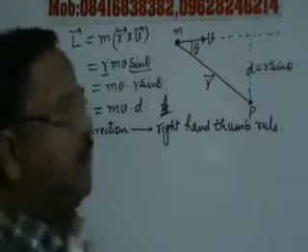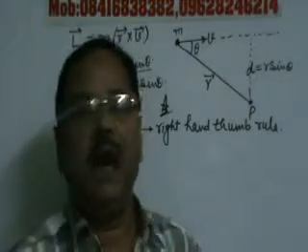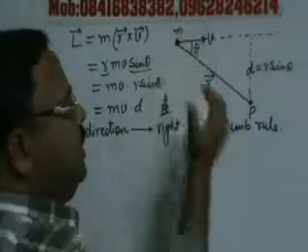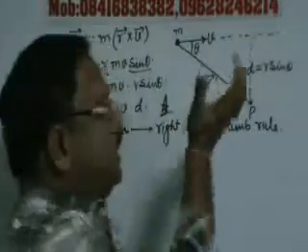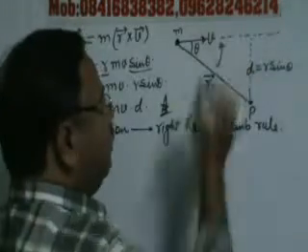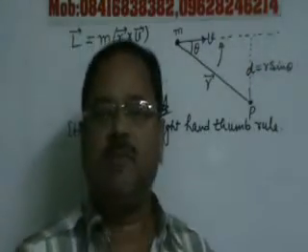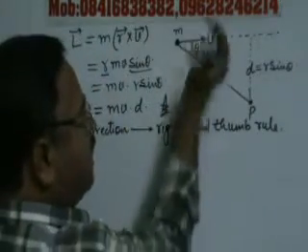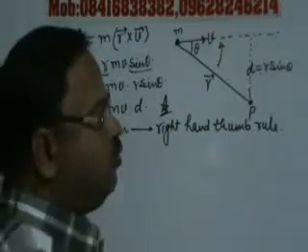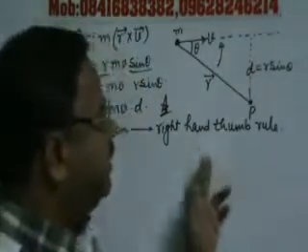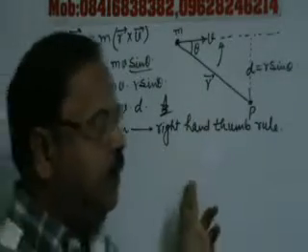So हम right hand thumb rule लगाएंगे R से V के तरफ. देखिए here in this case it is R to V. हमारी जो fingers की curling होगी, it is in a direction from R to V. And what will be direction of thumb? That will give the direction of angular momentum vector. So here in this case R cross V, the thumb is outward. So direction of angular momentum vector is perpendicular to plane of the board, outward.